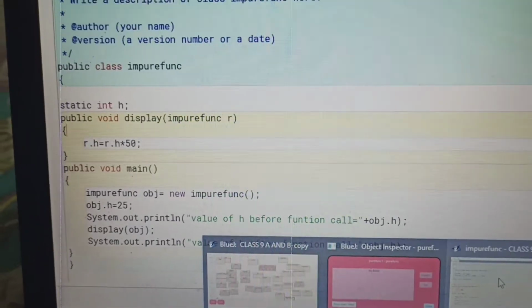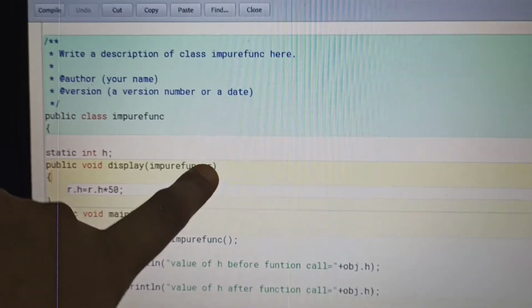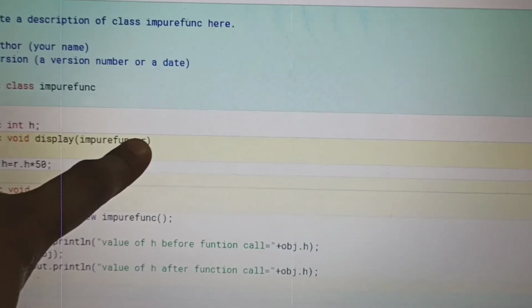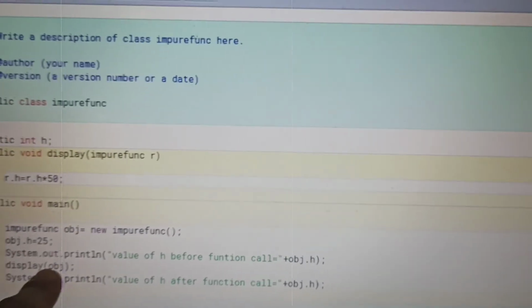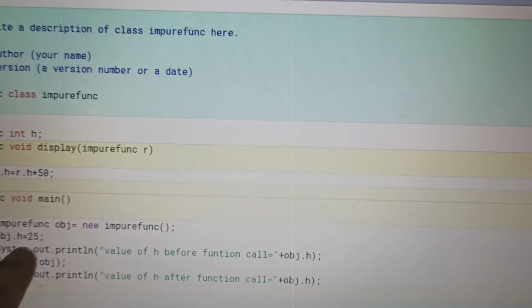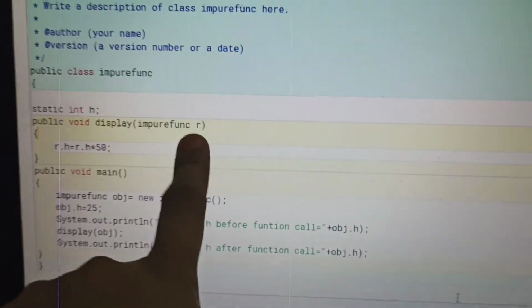I will show you here the value of h before function call, that is 25. Now when the function display is called at the next line, it goes back, and obj will be reflected to the r variable, automatically reflected to r, the r object.